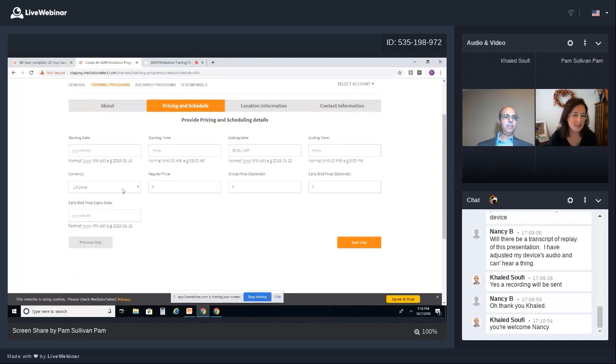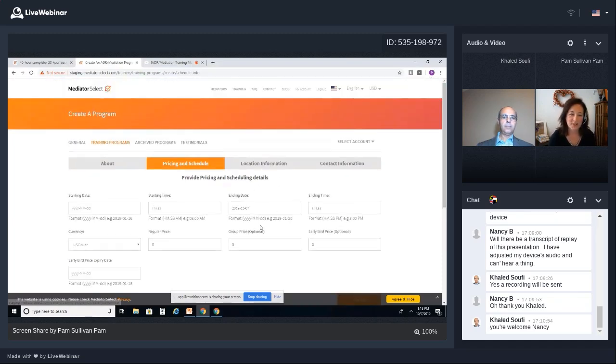And currency here, we have an option for currency, and we have all of the dollars currency amounts here. Colette is going to talk a little bit about that in just a little bit, so I won't get too much into pricing, but just know that that is an option, and that will be an option going forward. So once we get to that point, I will let him explain all this for you. We have early bird pricing,